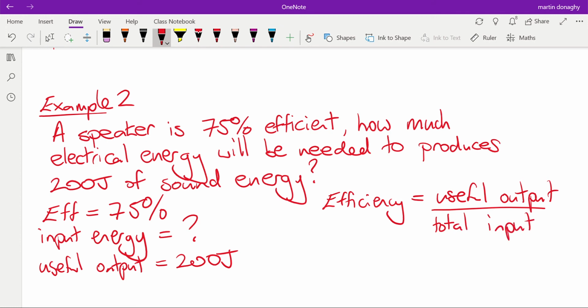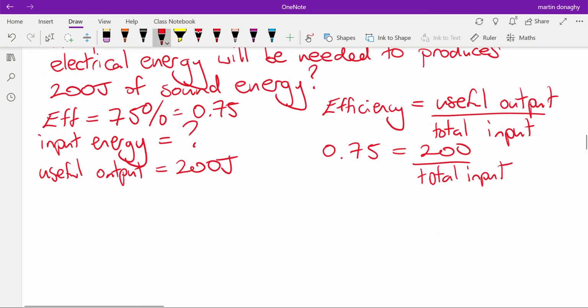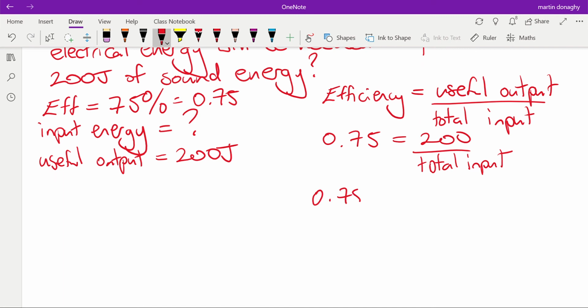And I have a choice here. I can multiply this by 100 and put in my efficiency as a percentage, but I'd be more inclined, like I say, to work with decimals. I just divide that by 100 to give me 0.75, and then I end up with 0.75 equals the useful output, which is 200, divided by the total input. Multiplied by the total input, 0.75 times the total input equals 200, so therefore